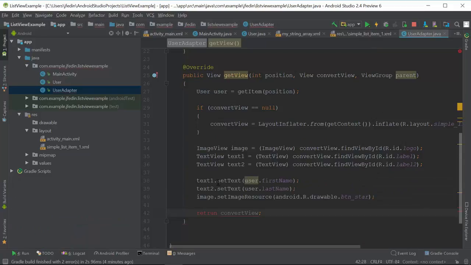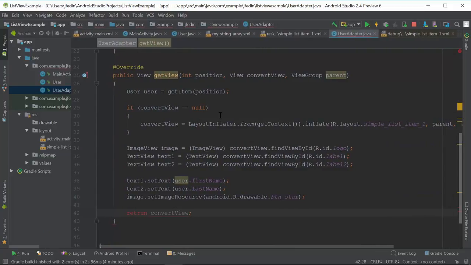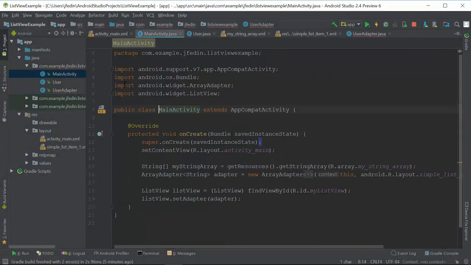So just to go over what we did here, we're converting our views. And so we're getting the item position for the user, and then we're just finding the resources and calling the data on that resource. So now that we're done with that, we now want to attach our own adapter to a view using the setAdapter method, and then we're going to populate the data. So now let's go to our activity class, which is our main.java,